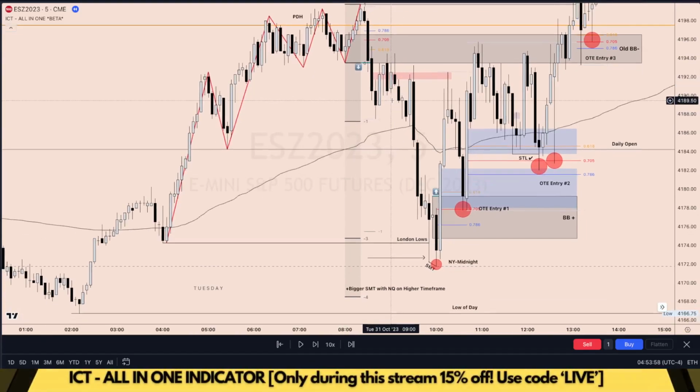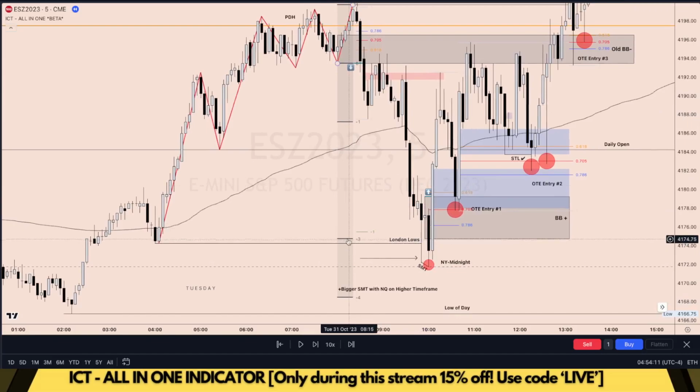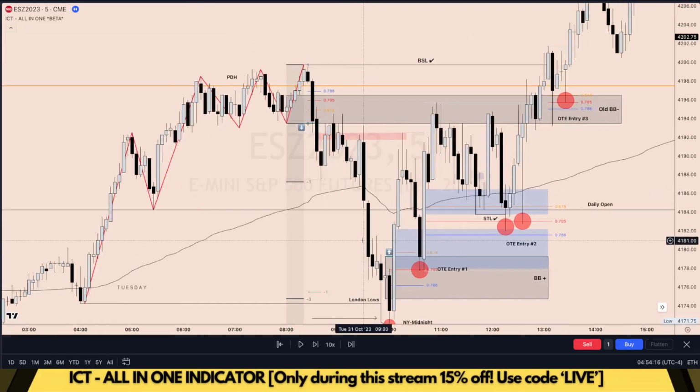And then we can see if some specific standard deviations, like the 2 or 3 standard deviation, line up with liquidity. If it does, we can hold the trades with more confidence. And right here we see that the 3rd standard deviation perfectly aligns with the London sell side. And if we measure our